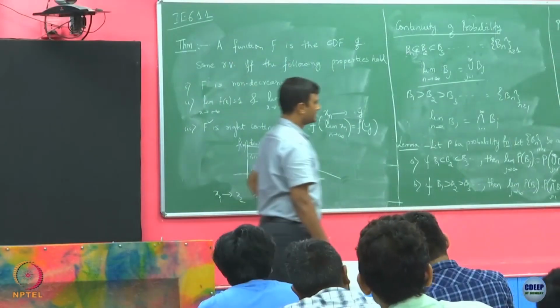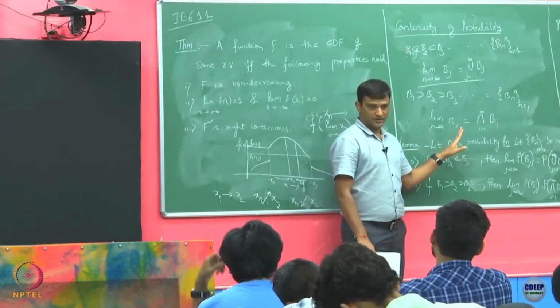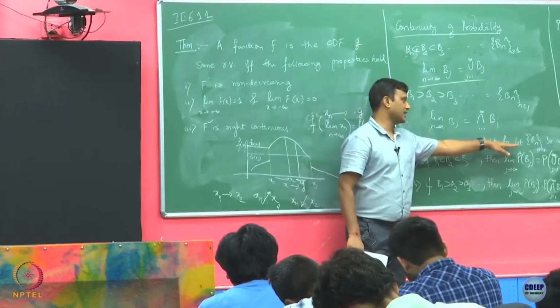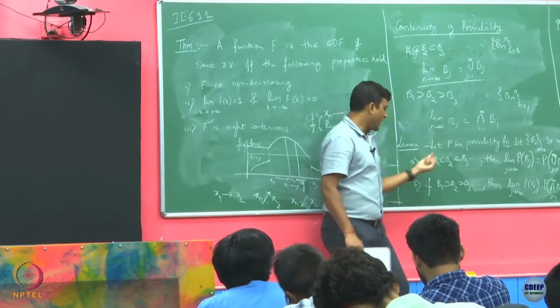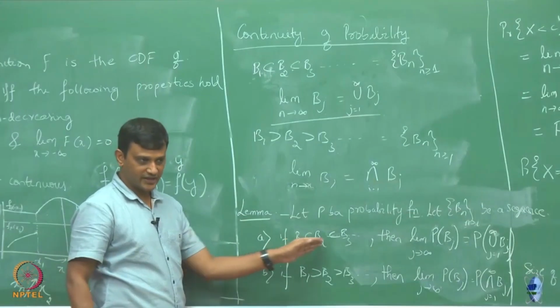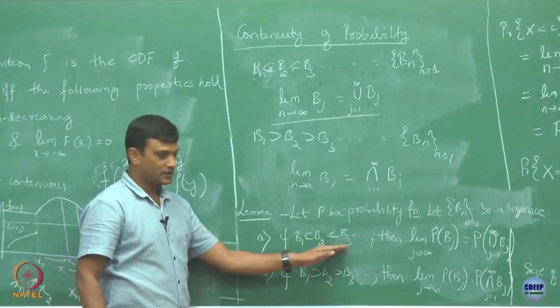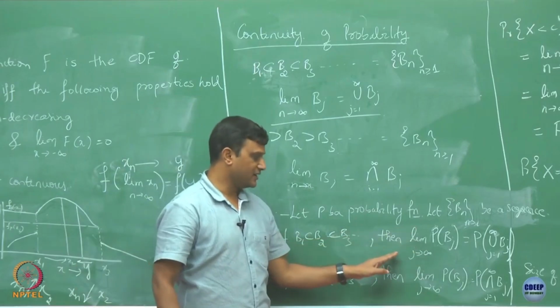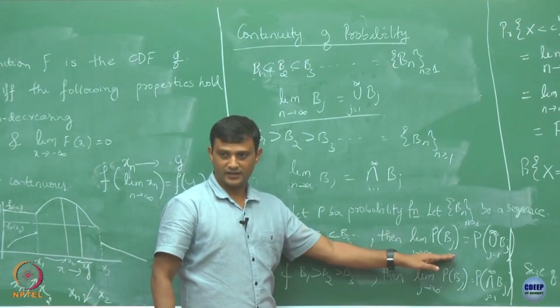So what we are saying is, let P be a probability function and you are given a sequence Bn. And now if this Bn sequence whatever you are given is monotonically increasing, then this P function will satisfy this